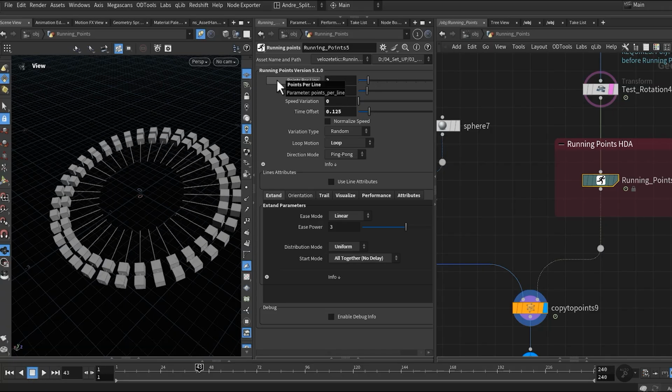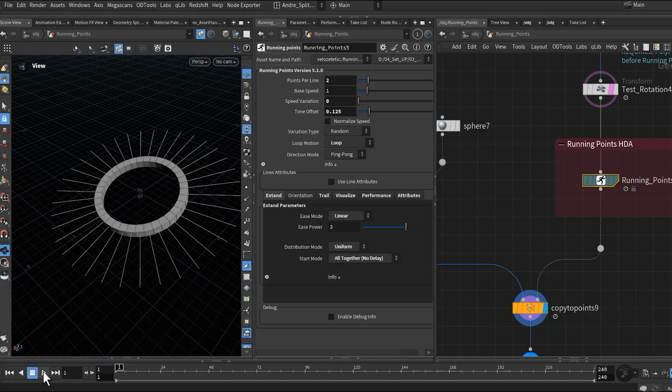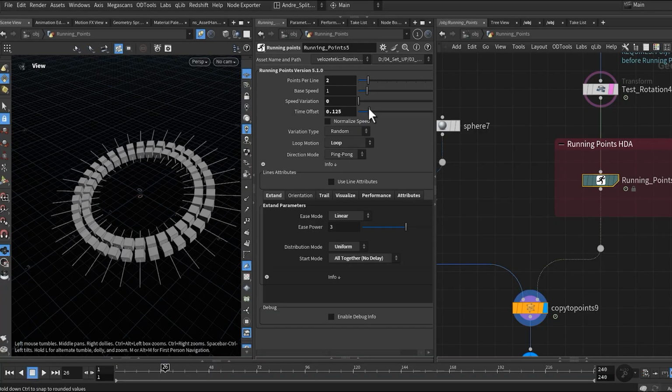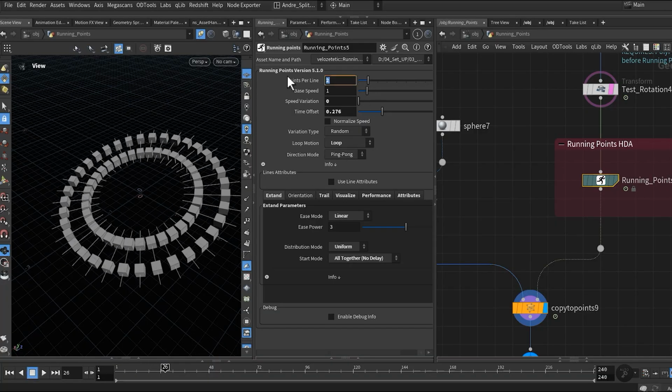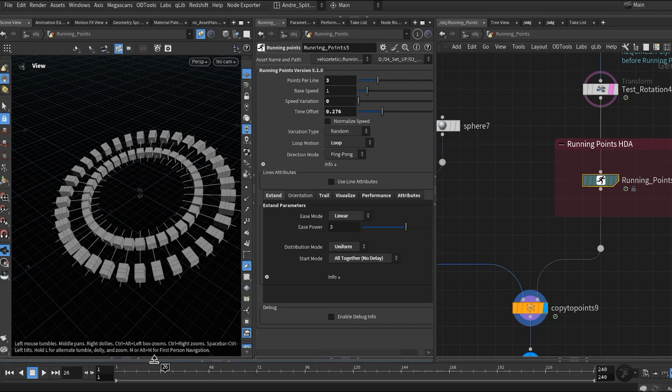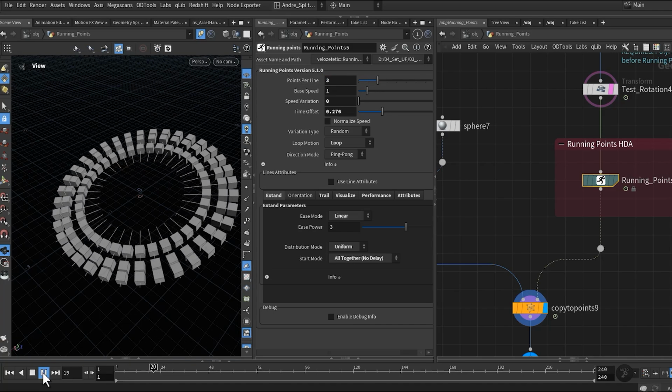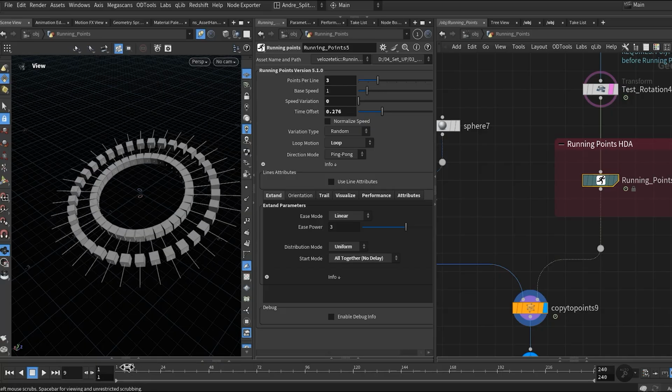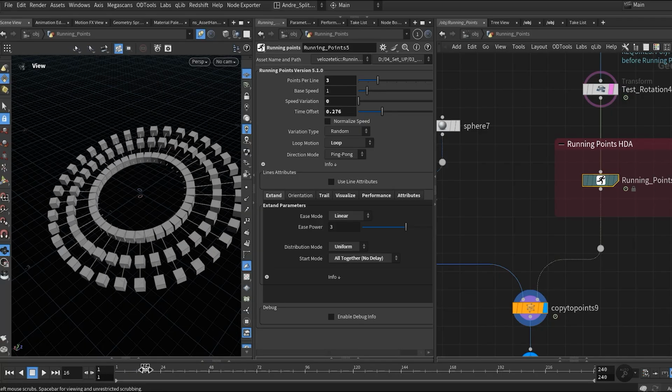I decrease the speed. You see now every curve has 3 points, and you can change the time offset between them.